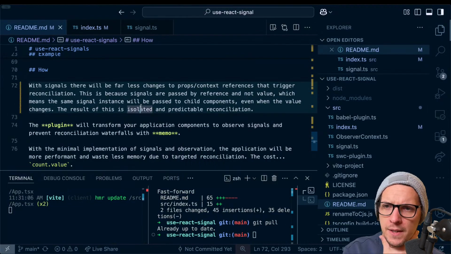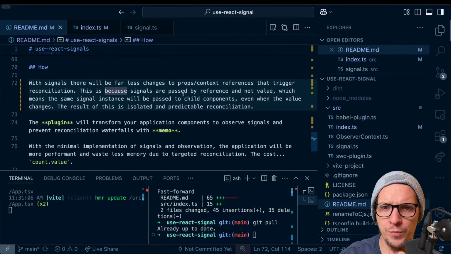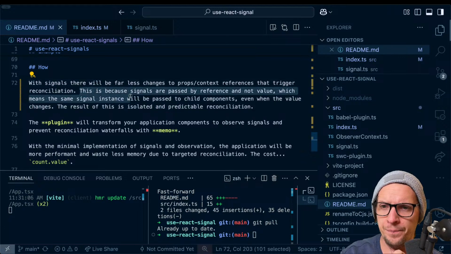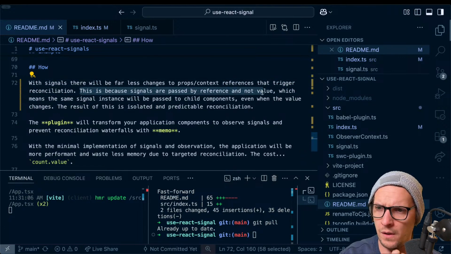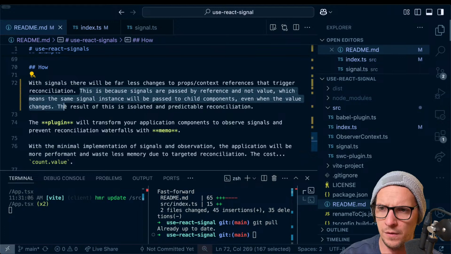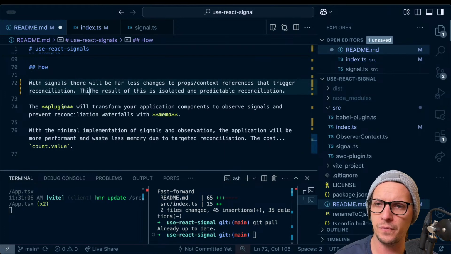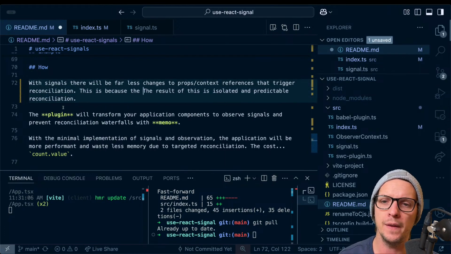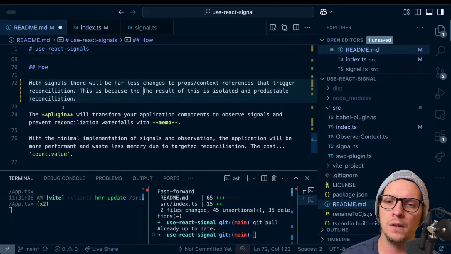Let's see. With signals, there will be far less changes to props, context, references that trigger reconciliation. This is because the object returned